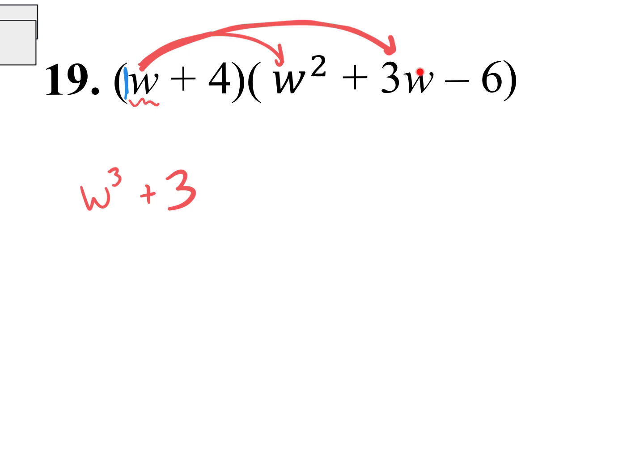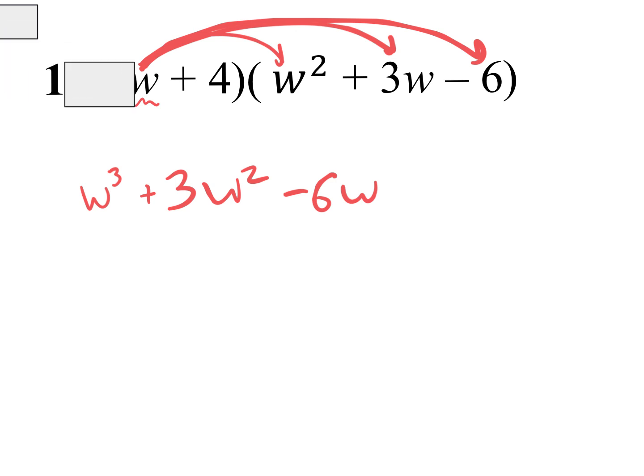And W times W, what do we get? W squared. Thank you very much. And let's now distribute to the third term. W times -6. Well, that'll just be a -6W. Are you with me? So now that we've distributed the W, we could temporarily ignore it for